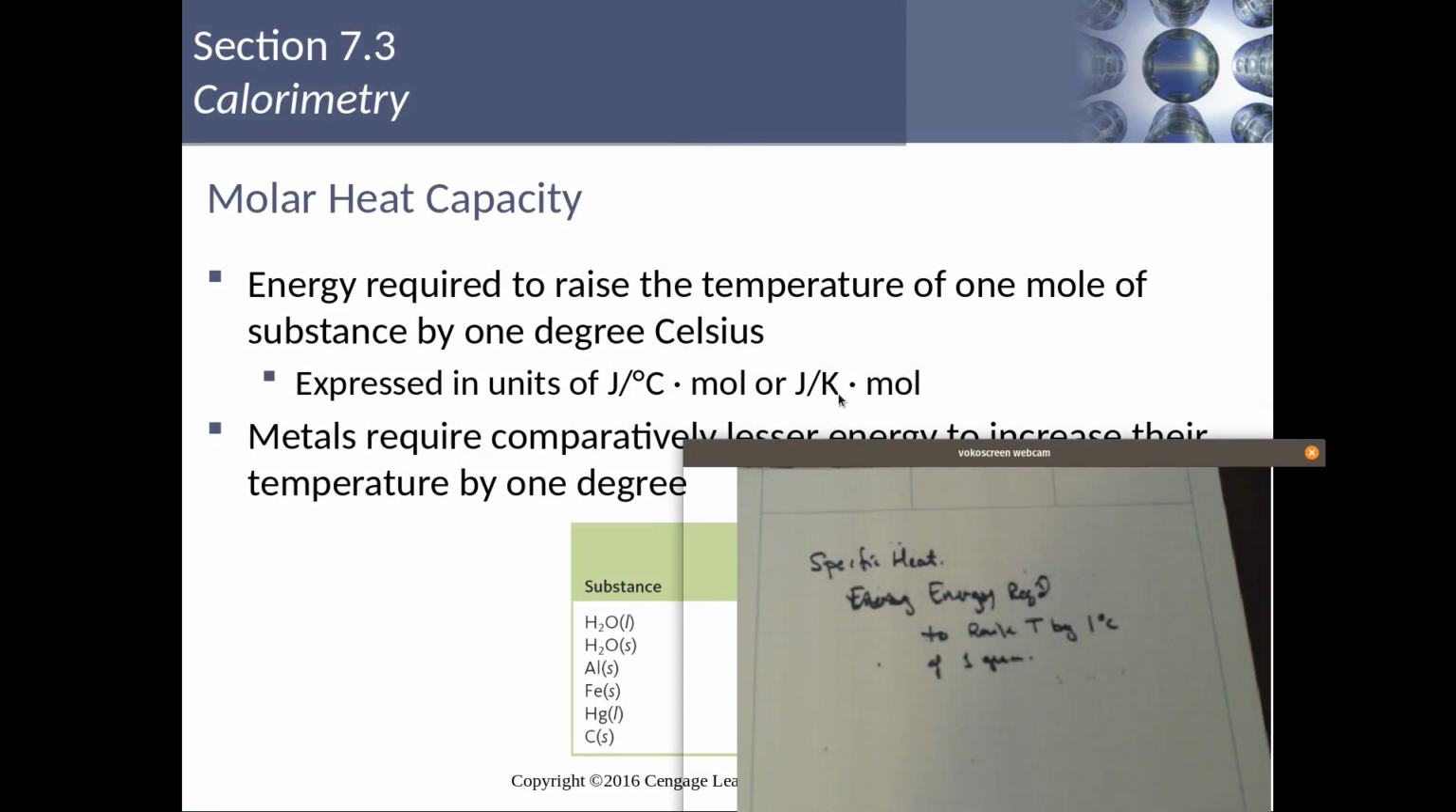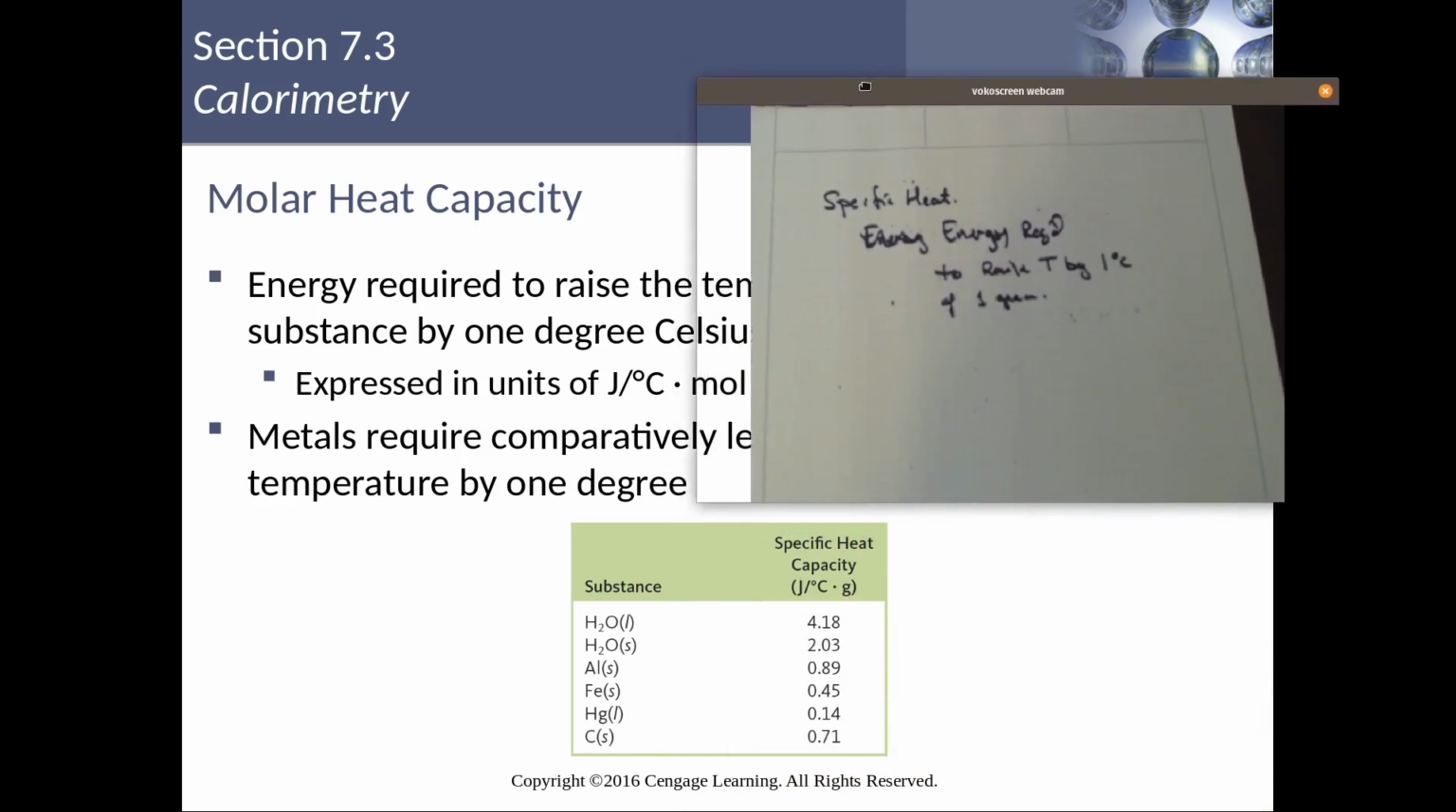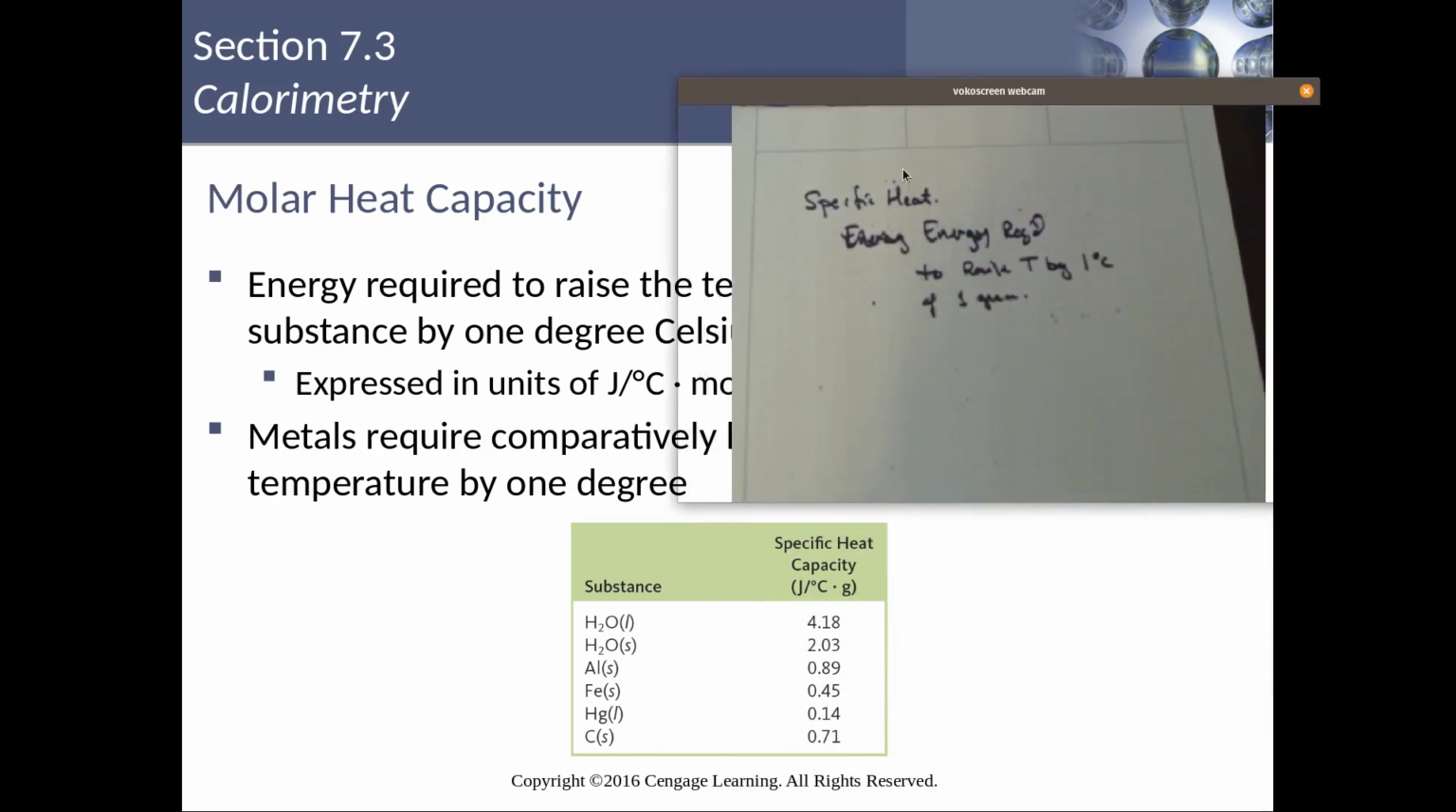Remembering, of course, that a change of 1 degree Kelvin is equal to 1 degree Celsius change, and so these are the specific heat capacities of different substances. And you notice that they're different, and why they are different is an important thing to look at. Solids tend to have lower heat capacities than liquids,